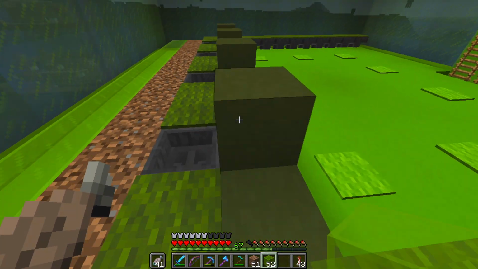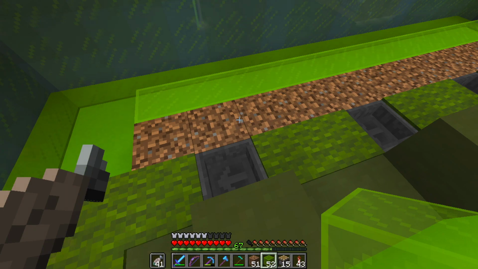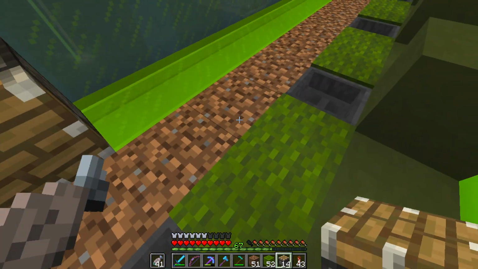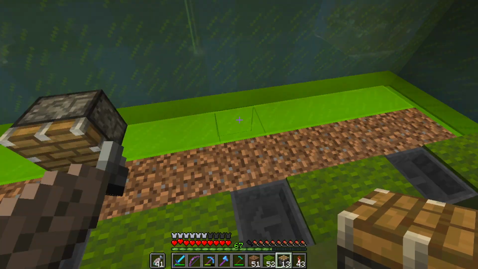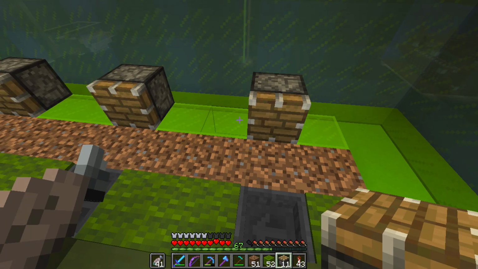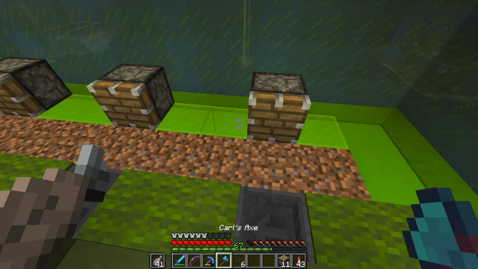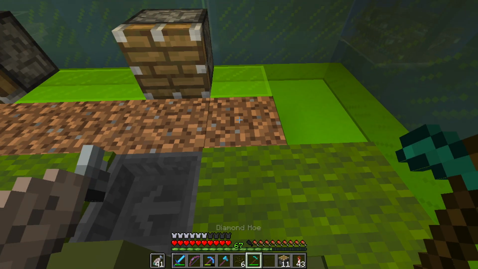So this is going to be the same design that I used on the Lake Laogai server, but it's going to be on a bigger scale. So there's going to be 2 layers of this. There's going to be one above me as well, but we're going to do this layer together. So bob that in like so, and then if I grab my... We're going to put melons on the bottom and then pumpkins on the top, I think. So if we grab my diamond hoe